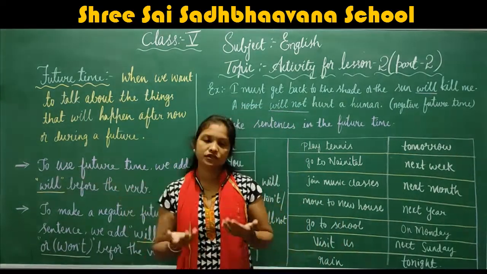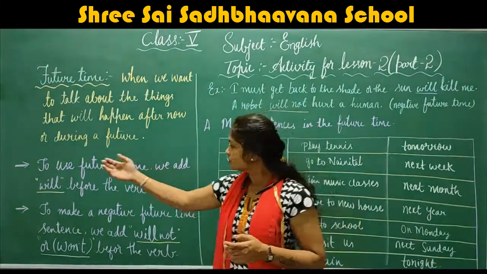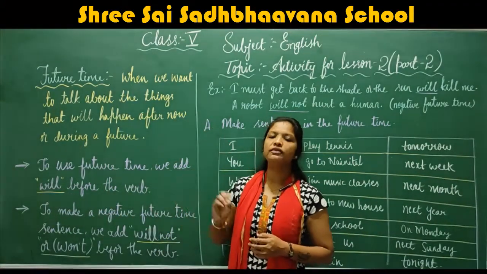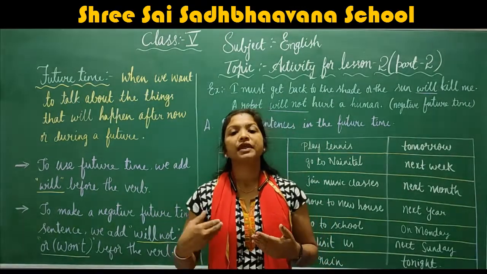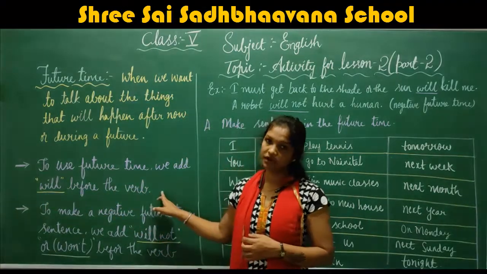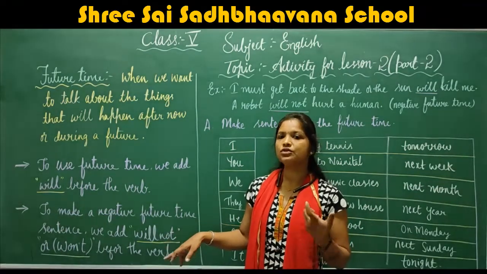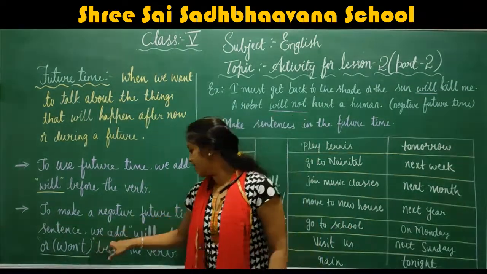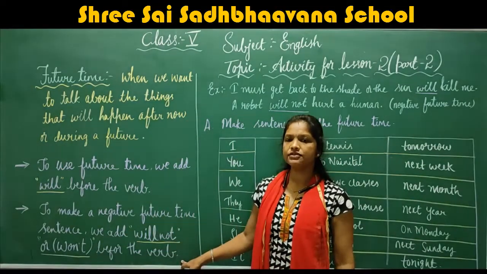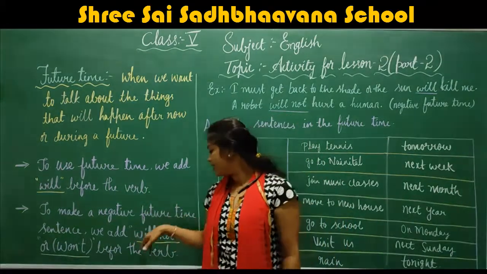Now, to convert the sentence into future time, what do we have to add? To use the future time, we have to add will before the verb. When we want to convert the sentence to the future time, we have to add the word will before the verb. Okay, now to make the sentence into negative future time, we add will not or won't before the verb. Understood? So when we want to make the sentence into negative form, we have to add will not or